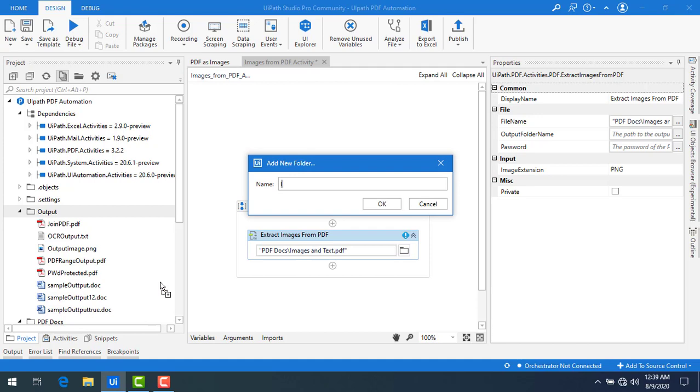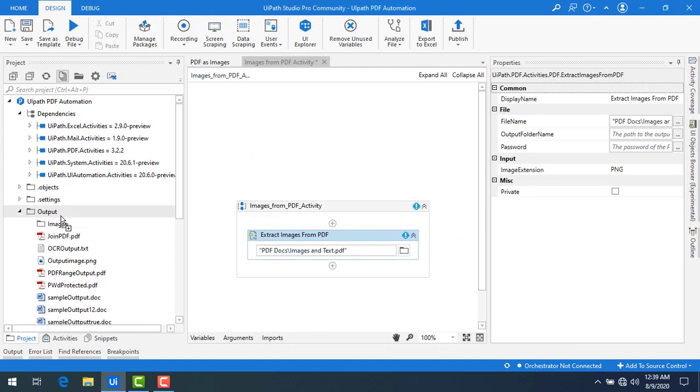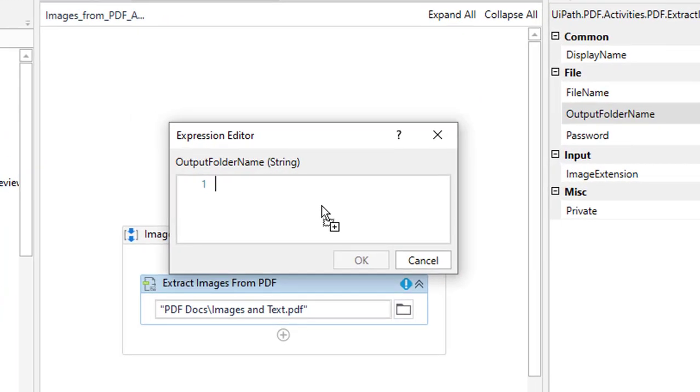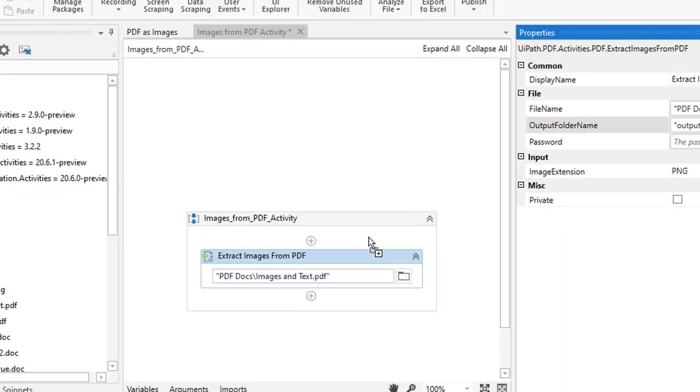I will say images, and then click on OK. Now, under the output, I have images. There I want to store all the images, right? Let me go to the output folder name. I'm going to give it as output slash images, and then click on OK.